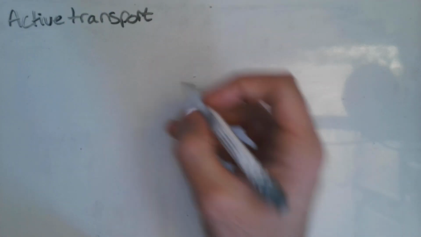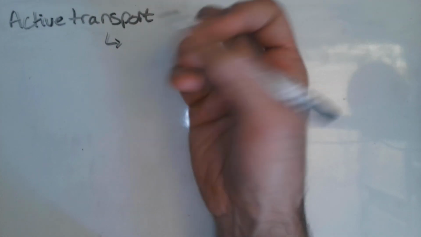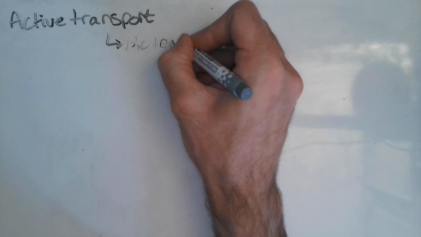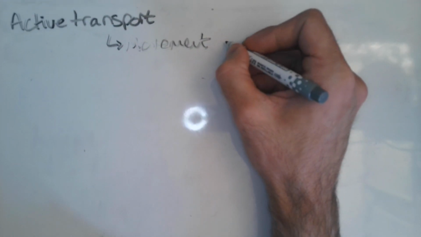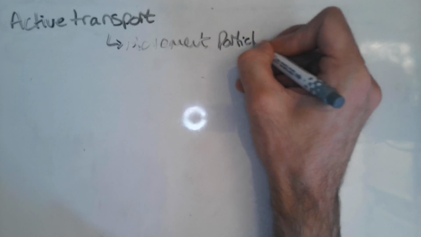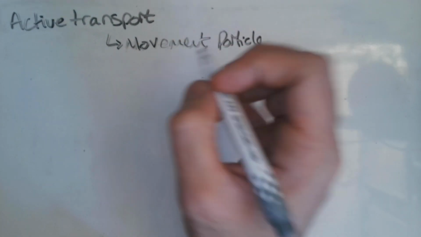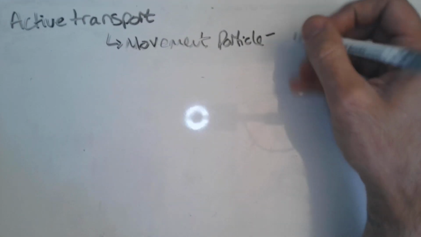So today we're going to look at active transport. So active transport is about moving particles. So it is the movement of particles across a membrane. So this is slightly different to diffusion and osmosis because we are going to go in the